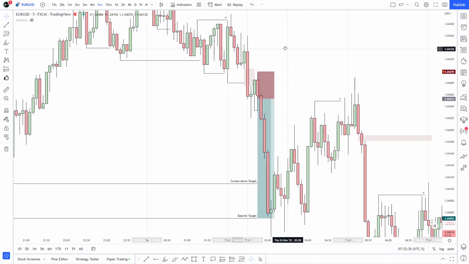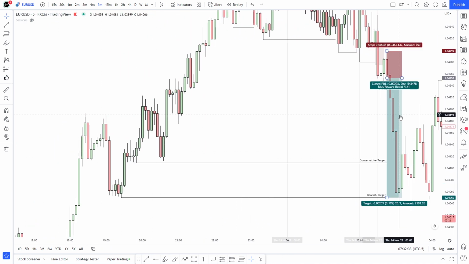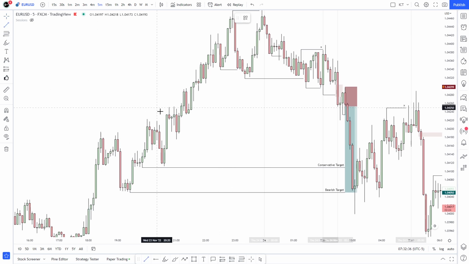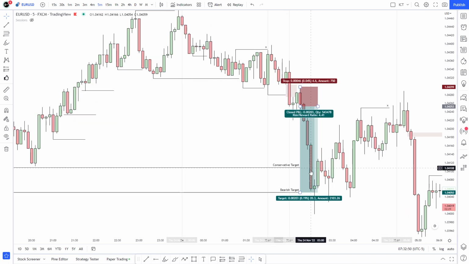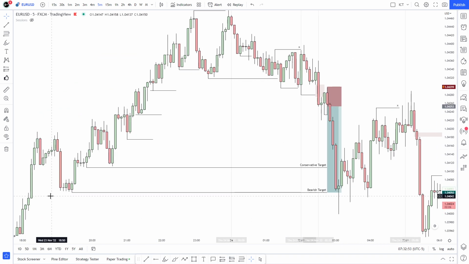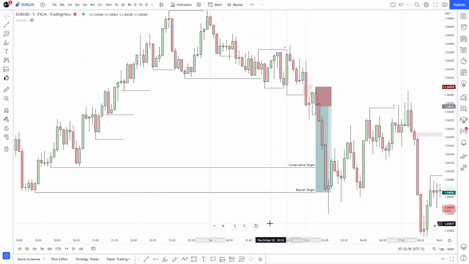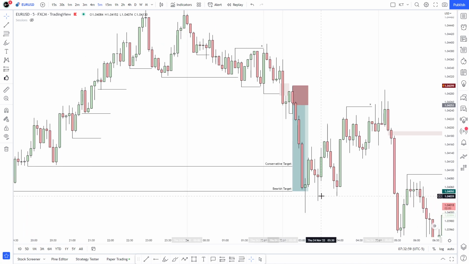And I think that's pretty much it. Target, we're just going for lows, right? Always trying to go for liquidity. In this case, we could have said we can go for this one, this one, this one, maybe even. And the problem with these lows is that, in my opinion, they're not really significant. So for example, if I was going to go for the aggressive target, which was this one, as you can see, price takes that and then retraces aggressively. And it does that because it is an important low that has a lot of liquidity. And after that, it tends to basically cause somewhat of a retracement, somewhat of a reaction to that level, which is definitely why that would have been my larger target, the farthest away that I would have gone for.